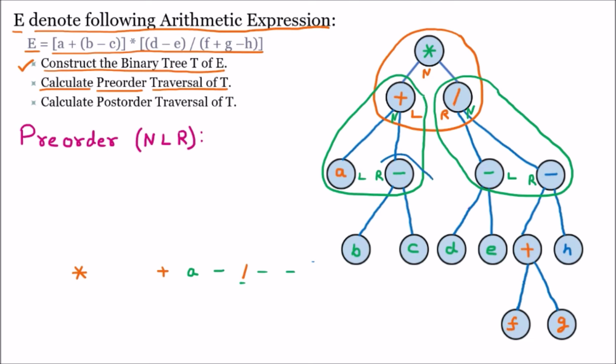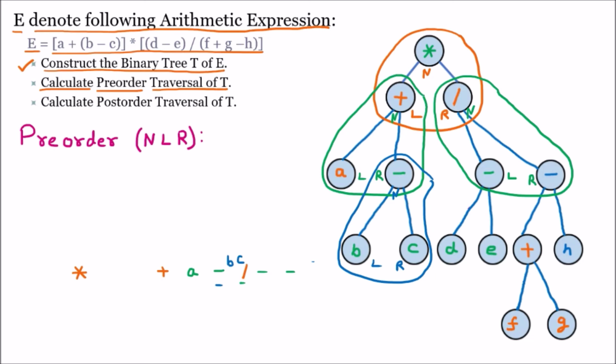Now going afterward, here we are again taking the left subtree. So this is the node, then left and right. So node left right, so minus B C. We have to be careful which minus we are talking about. This minus we are talking about, and afterward there are B and C. So B and C are added afterward.